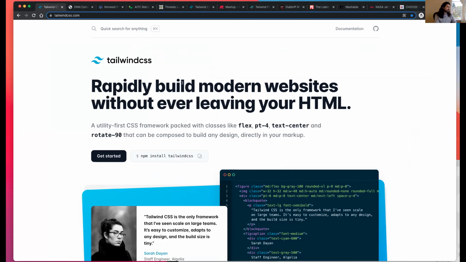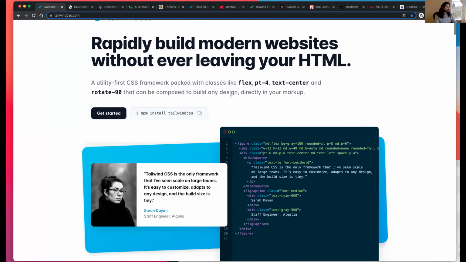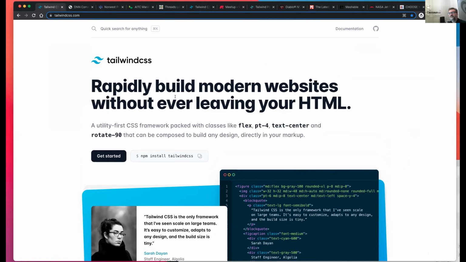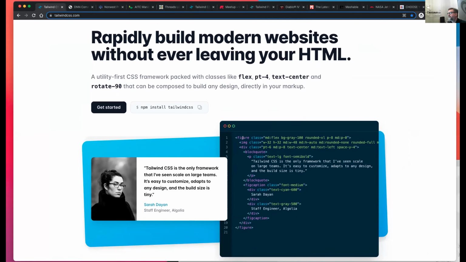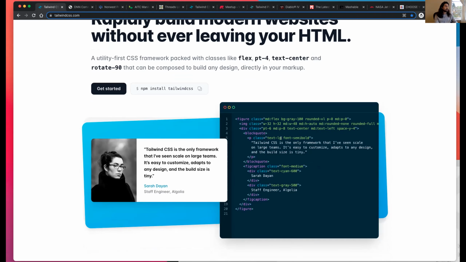So this is the Tailwind site. Obviously, it's very pretty. It's a nice documentation site. As you can see in the markup here, you use utility classes on your markup, and it applies style based on each utility class. So in here we have text-lg, and that makes the text large, and font-semibold, and that makes it bold. That's the basic gist of it. You just apply classes, and it modifies the look and feel of that element.